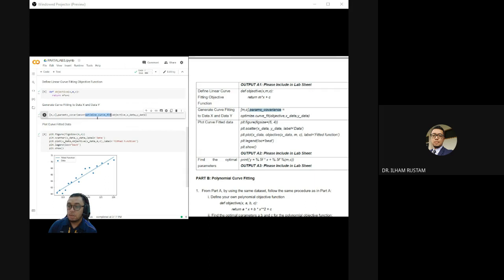Optimized curve fit is the param covariance's subset algorithm. So even though it seems like this is in 1 or 2 seconds,